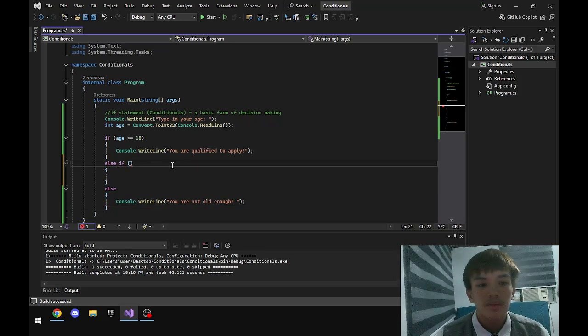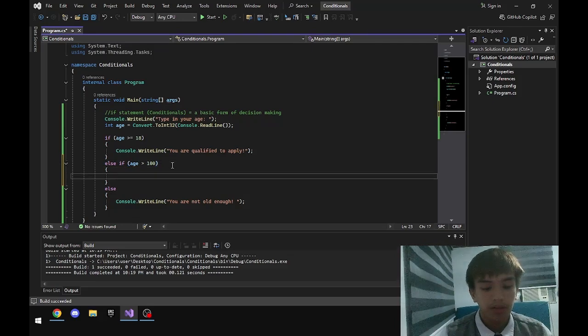So let's say somebody types in that they are 100 years old. So if age is greater than 100, it will execute this block of code: you are too old.